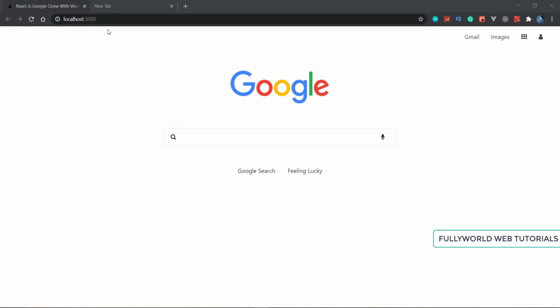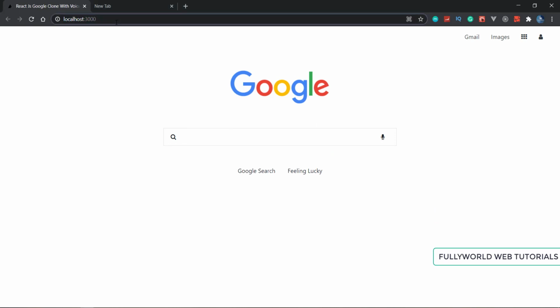So first route is our main route, that is our index route, and second route is our search route. And we are going to apply the validation in this search route.